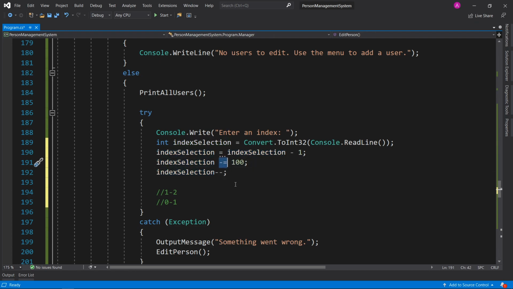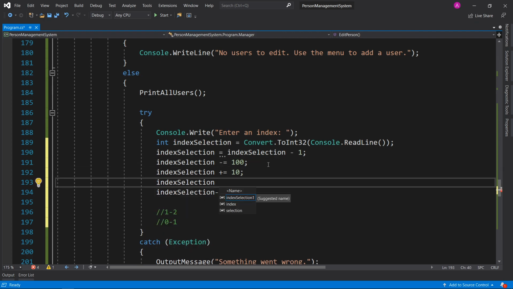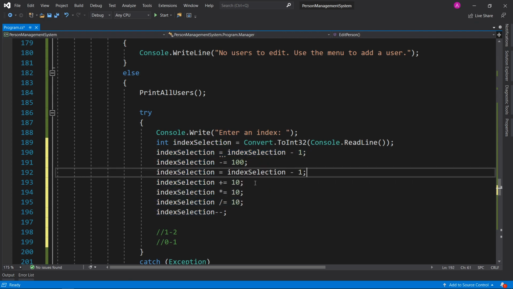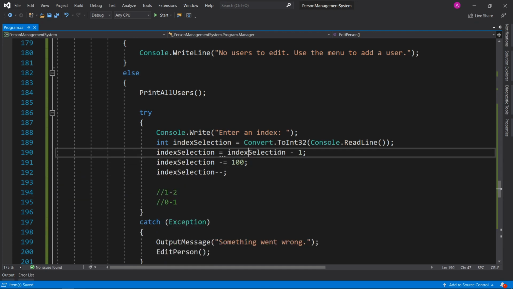Minus equals is very easy to remember, and it's actually available in all the different flavors. So you can have plus equals, and then you can have times equals, and then you can have divide equals. So you can have all 4 operations like this. And remember, these lines are exactly the same as this. So just to demonstrate, that will be equal to plus, like that, and you get the point. You just substitute that value inside here, and it makes things a lot easier. So I'll just keep that up just so you can see it for reference, but we'll only be referring to